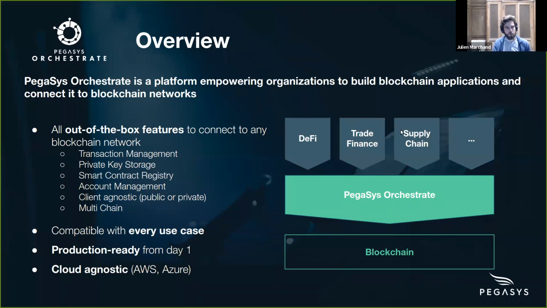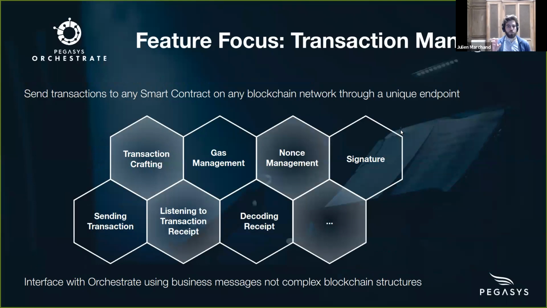And now we are going to deep dive a bit on the different features. So the first one really is the transaction manager. Starting with the transaction crafting, which is mainly what is inside Web3 libraries. You have also the gas management, so making proper requests to get the gas price and the gas that is going to be consumed by the transaction